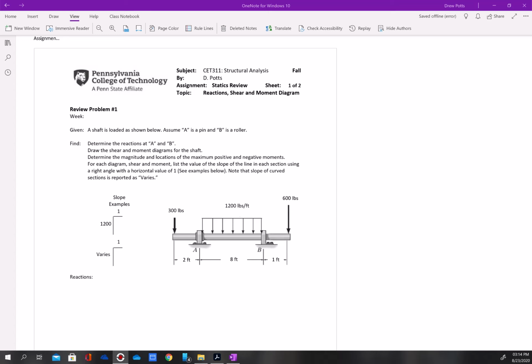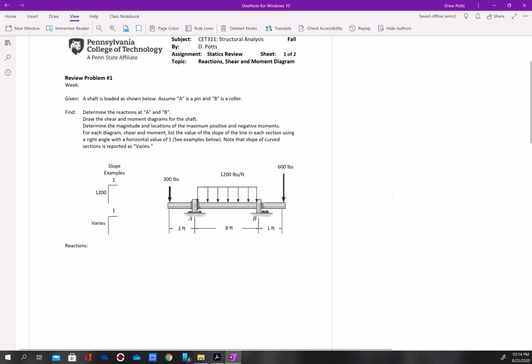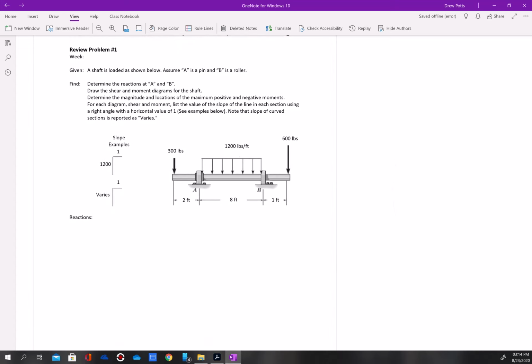All right, this is the walkthrough solution for review problem number 1, really a shear moment diagram problem. So we want to determine the shear moment diagram for this shaft. Again, it's just a statics problem, just to get you back into